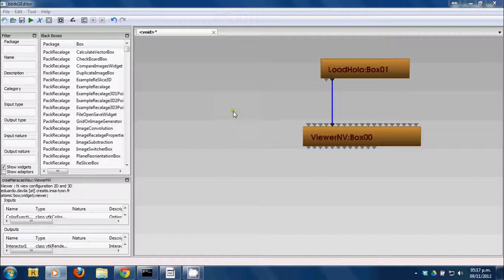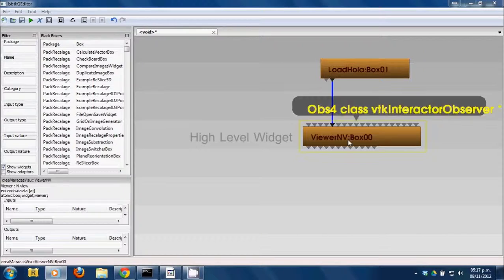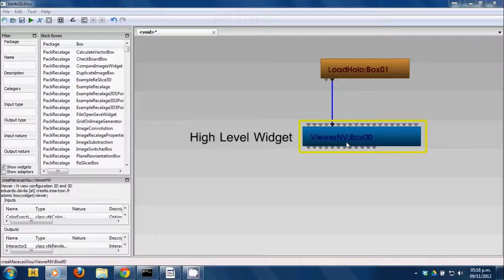We begin with the previous example that showed the aortic aneurysm from 3 different viewpoints, but this time we're going to add some more boxes. Let's take a moment before adding more boxes to identify the type of boxes already deployed into the workbench. The Load box is a basic widget that contains an image and passes it to the viewer env, which is a high-level widget since it has 3 2D viewers and 1 3D viewer and several other controls to adjust the